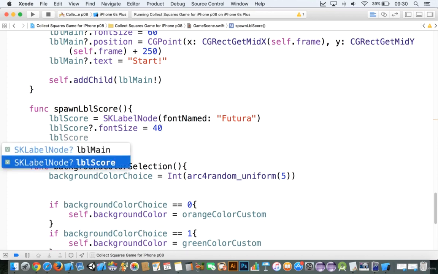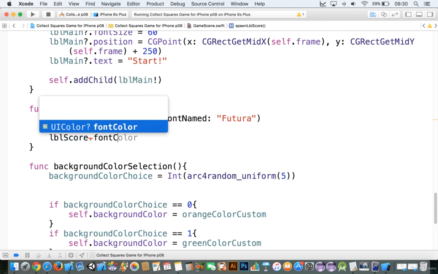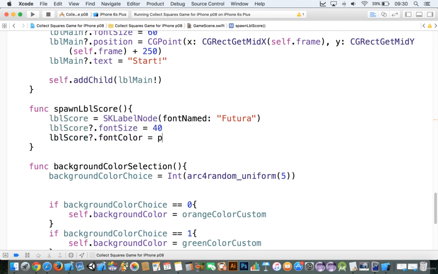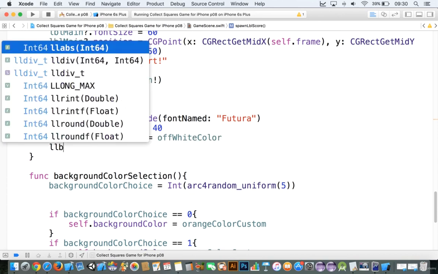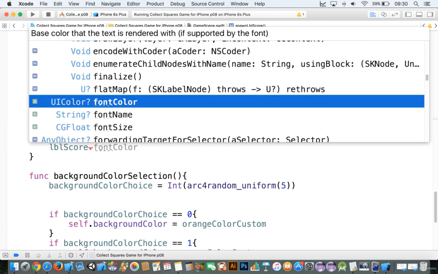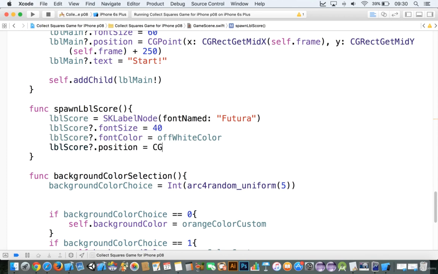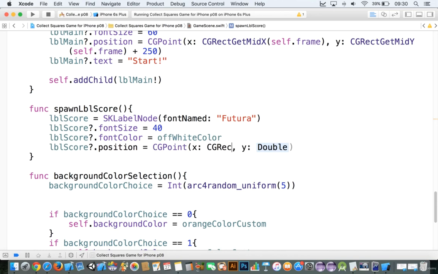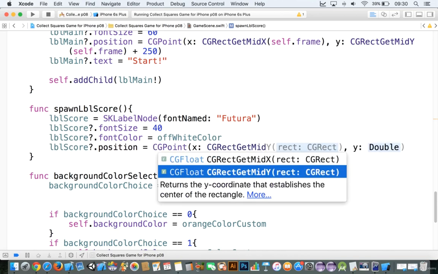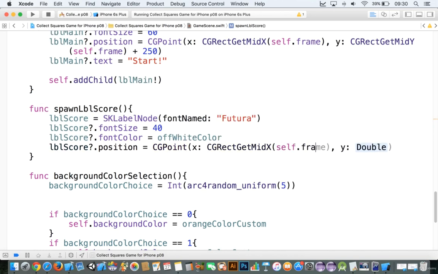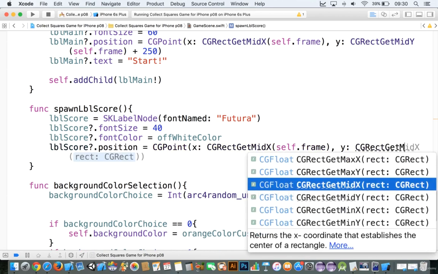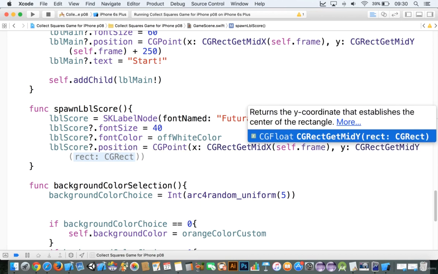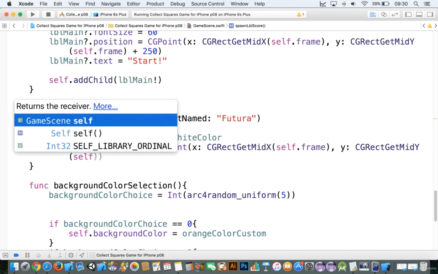Let's go to lblScore.fontColor is equal to off white color. We'll go to lblScore.position is equal to CGPoint, and you'll see CGRectGetMidX self.frame, so we'll put it in the middle across, and then we're going to go to CGRectGetMidY, and we're going to go to self.frame,